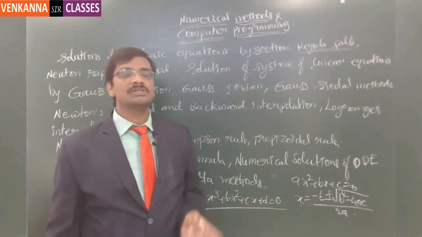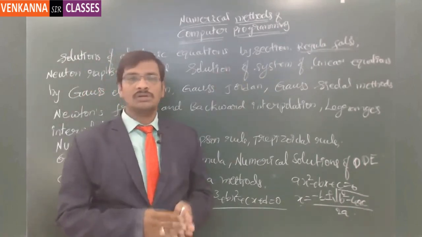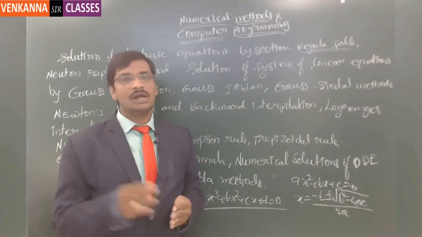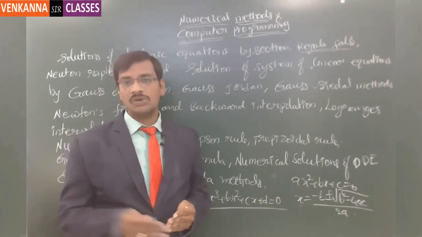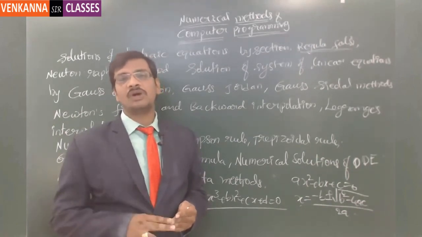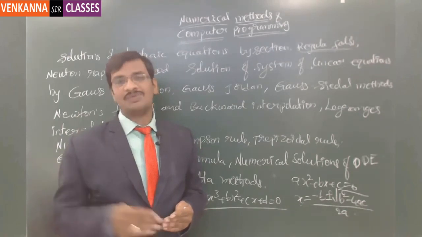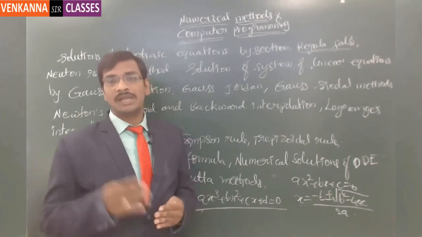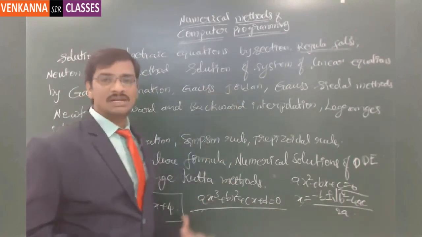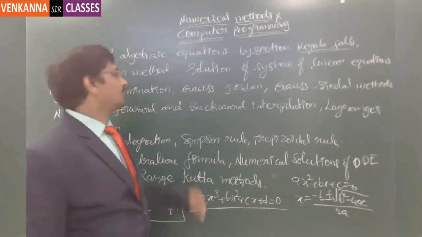In the bisection method, you try to find two approximate roots, then find the average of these two and substitute to see whether you are going to get the same sign or not. If it is an opposite sign, then you take the average value with the opposite sign one and approach a closer root than that. So there are different methods available to solve this kind of equations. And then the next one is